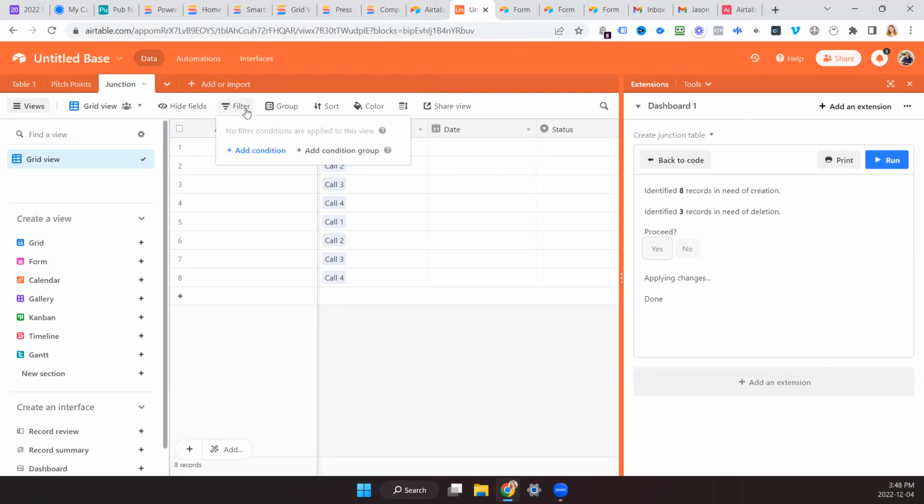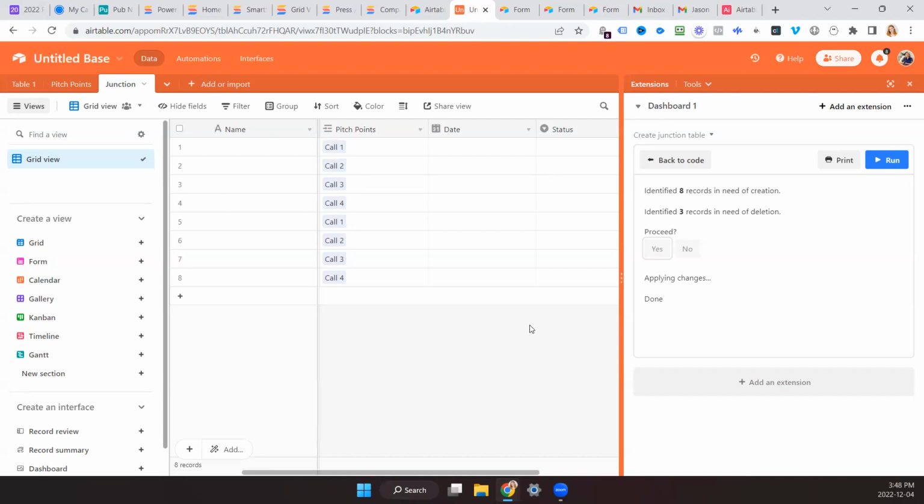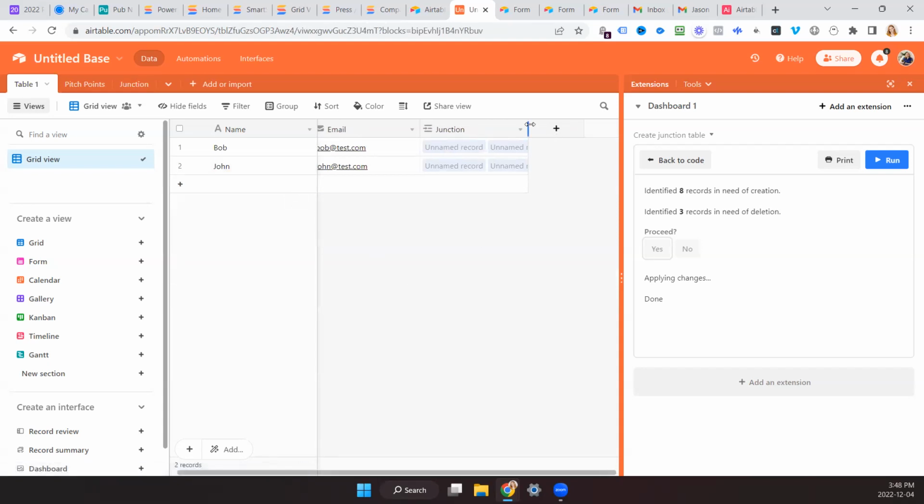And essentially we'll just filter out any status that says agree. And then this information is filtered back to the junction. Yeah, we're in the junction table, but it's filtered back to contacts, so we can see here every touch point you've made with this person.